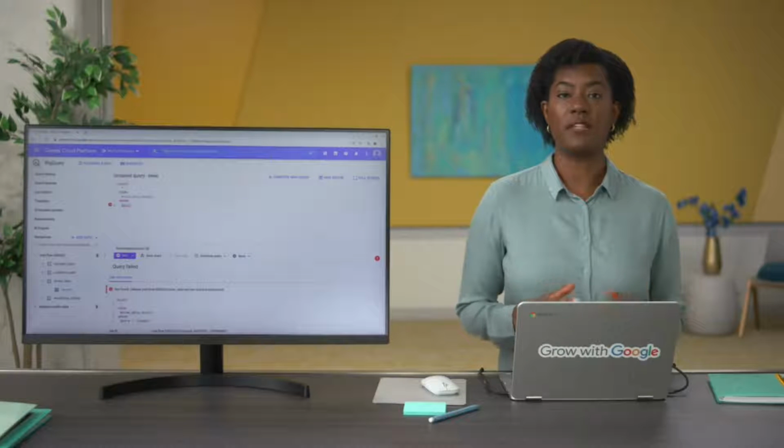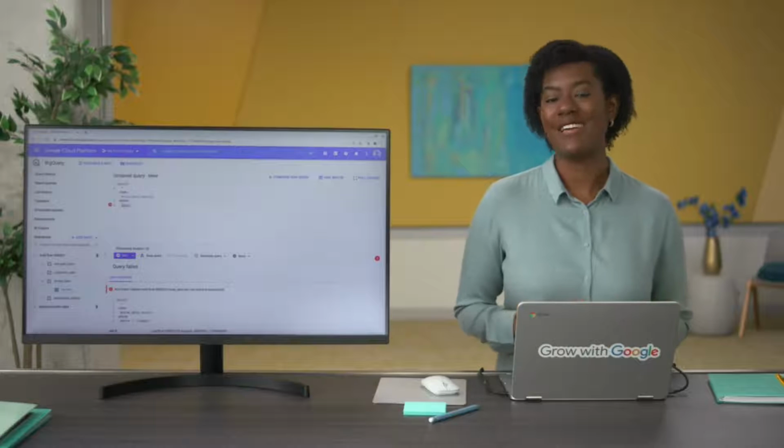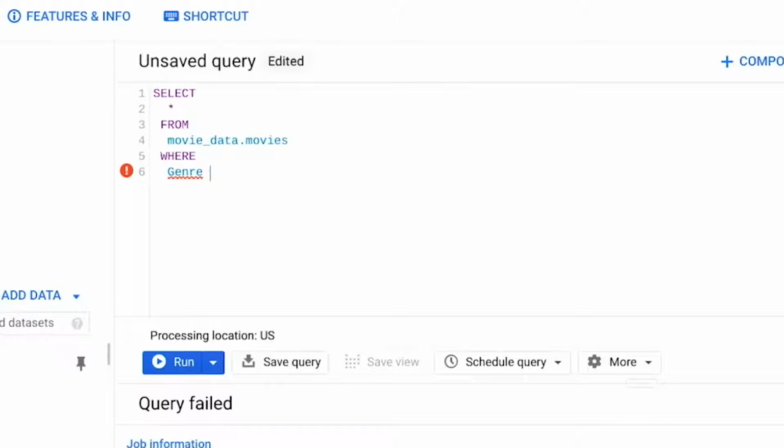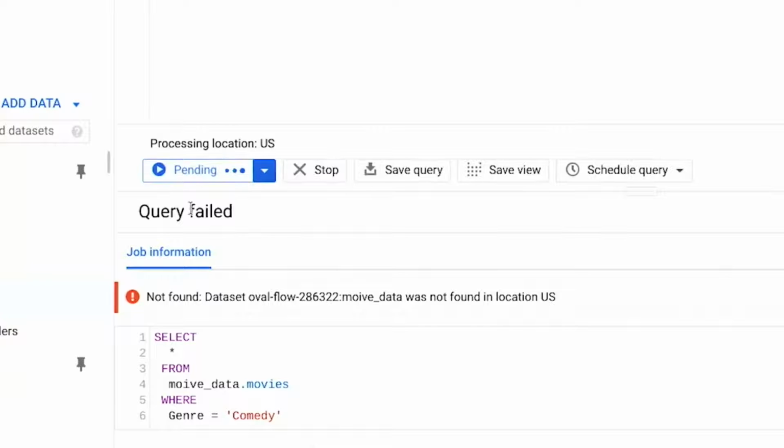To filter the movies by comedy, we're going to type where, then list the condition, which is genre. Genre is a column in the dataset, and we only want to select rows where the cell in the genre column exactly matches comedy. Next, we'll type the equal sign and write the specific genre we're filtering for, which is comedy. Since the data in the genre column is a string format, we have to use single or double quotations when writing it. And keep in mind that capitalization matters here, so we have to make sure that the letter casing matches the column name exactly. And now we can click Run to check out the results.